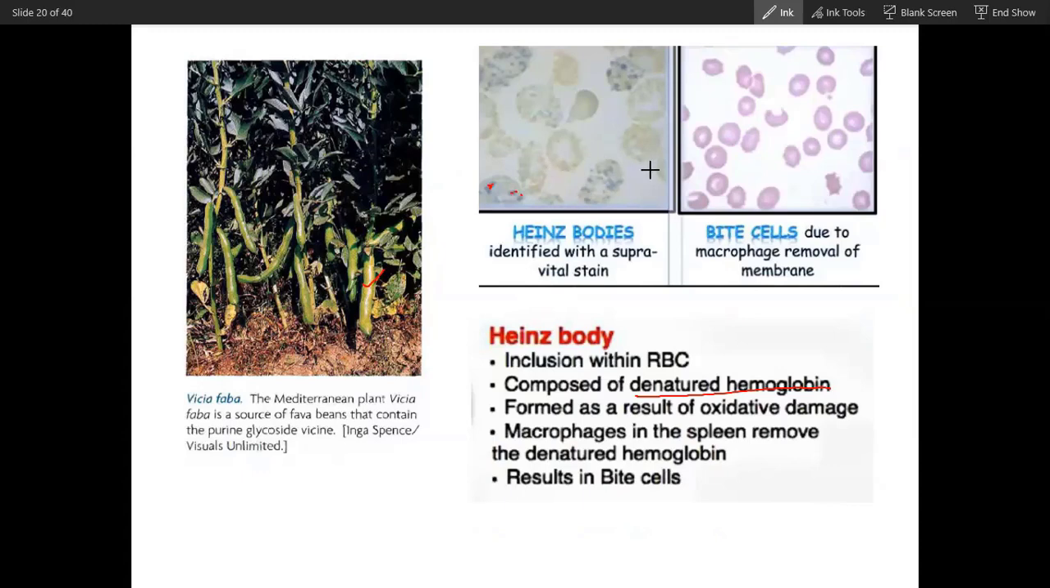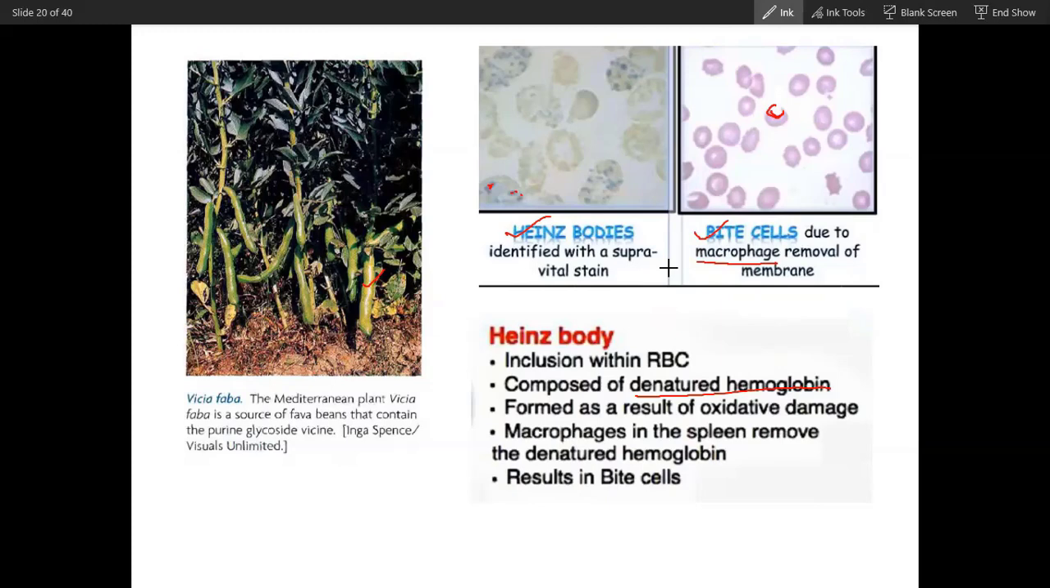This is hemolytic, and this bite cell results from an attempt of a macrophage eating this RBC, which produces a bite cell here. So a bite cell is due to macrophage removal of membrane. You have seen these two peculiar features: Heinz bodies and bite cells. Remember these two peculiar features, and then exposure to oxidant. These are three peculiar features of G6PD deficiency, and the presentation is similar to anemia, that is easy